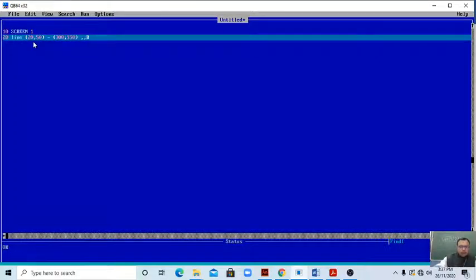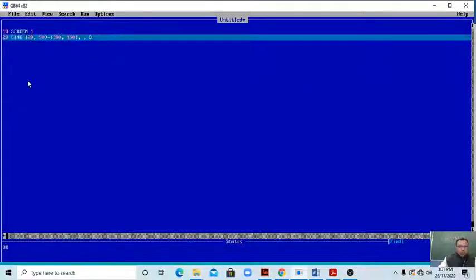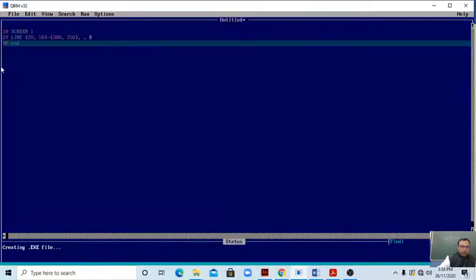I have written it here. If there is any syntax error, you will get a problem. 30 should be END. F5. Now we have drawn it with F5.